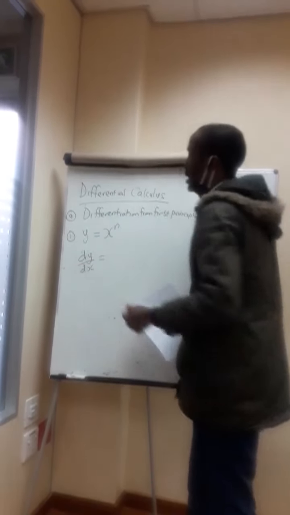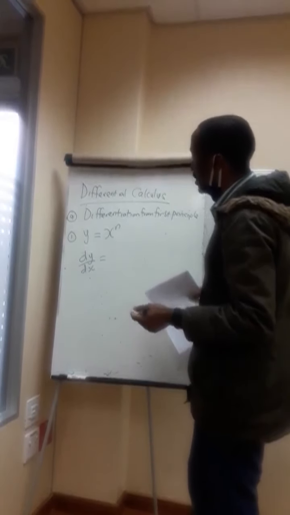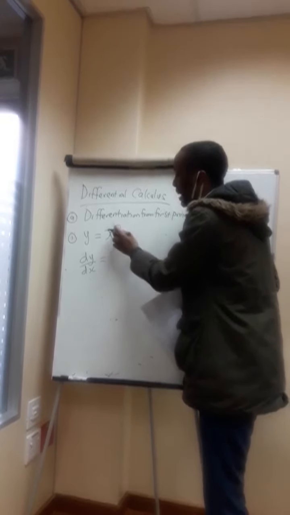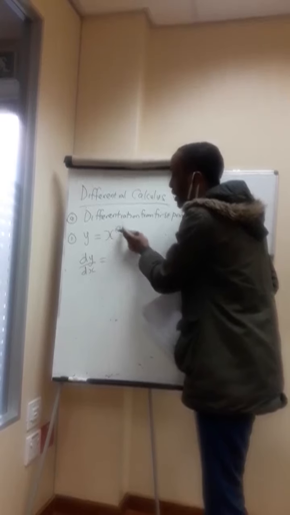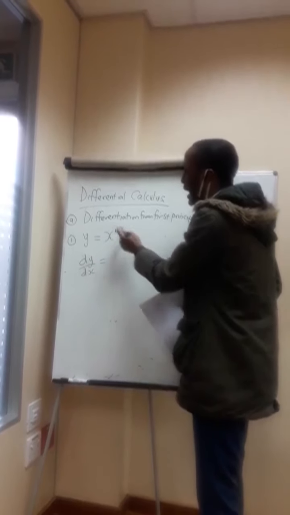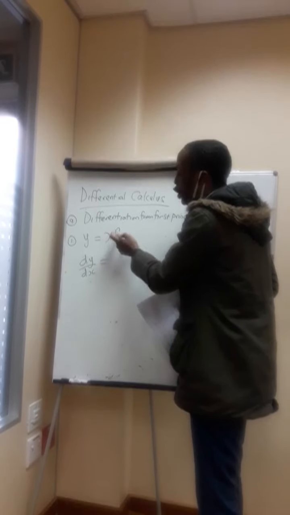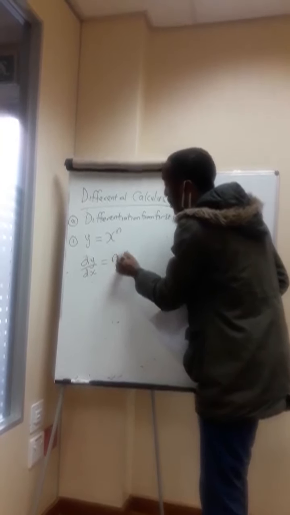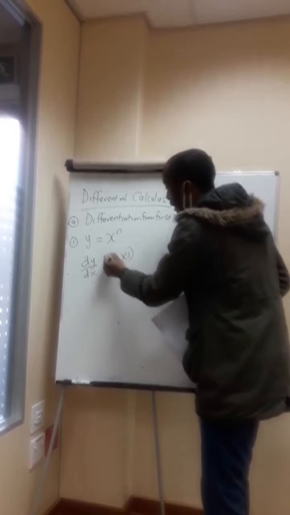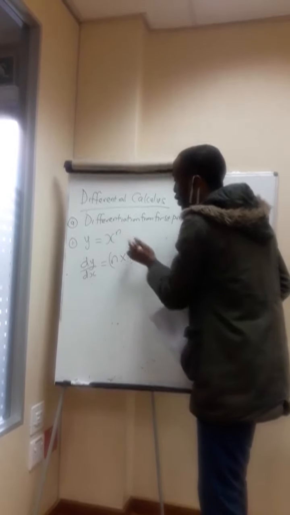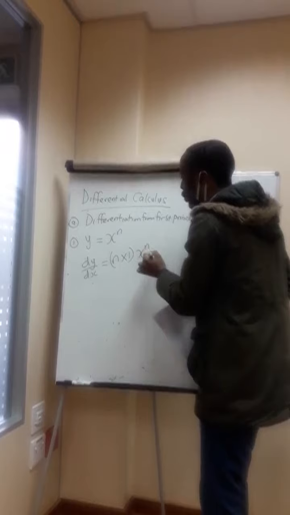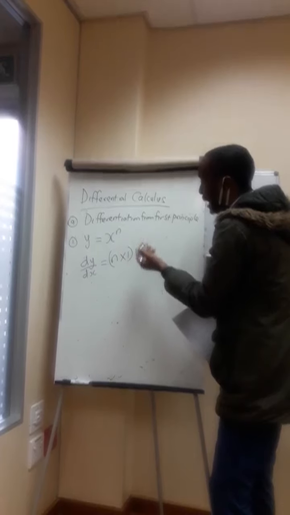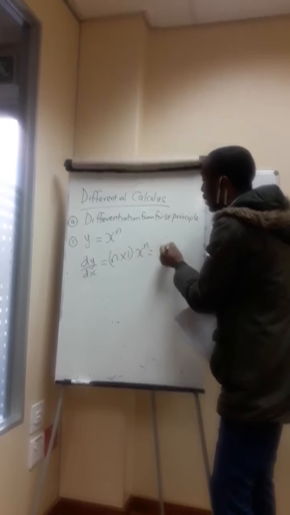If I'm going to differentiate y with respect to x, which is dy/dx, the way we differentiate it is to multiply the power of x, which is n, by the coefficient of x raised to power n. The coefficient of x raised to power n is 1, because x raised to power n is 1 times x raised to power n. So you multiply this power, which is n, by the coefficient of x raised to power n, which is 1, then you multiply the result with the initial function of the right hand side, which is x raised to power n. So that is the differentiation of dy/dx for any simple mathematical function like this, x raised to power n.